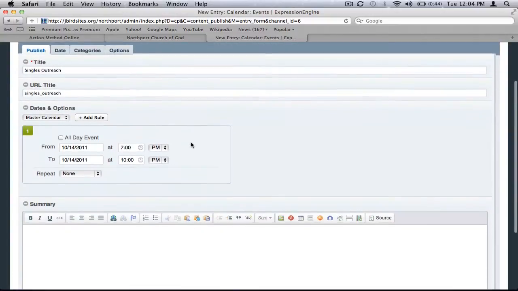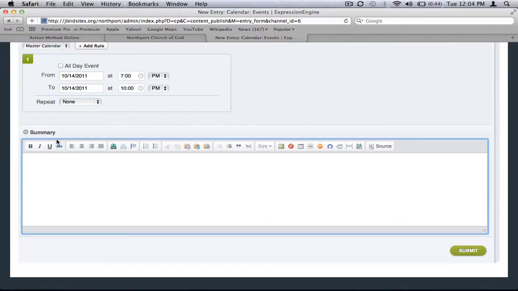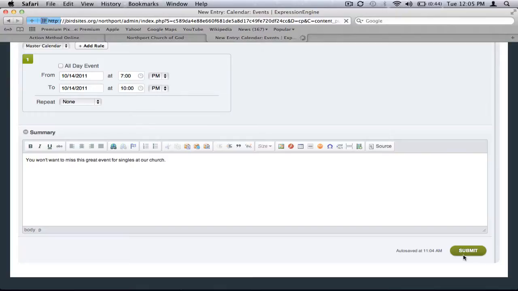So now I've got my information in here about my event, when it's going to happen, and then in the summary box, just like in other pages where there's a body box, I'm just going to type in information about the event. So you won't want to miss this great event for singles at our church. Not the greatest, but it'll work for right now. And if I hit submit